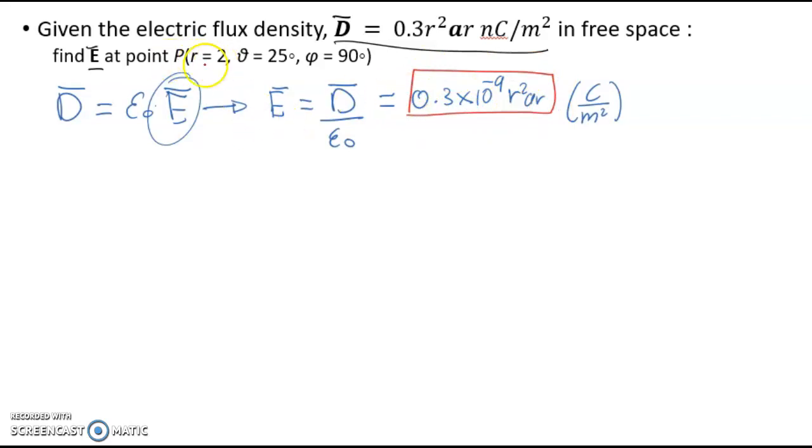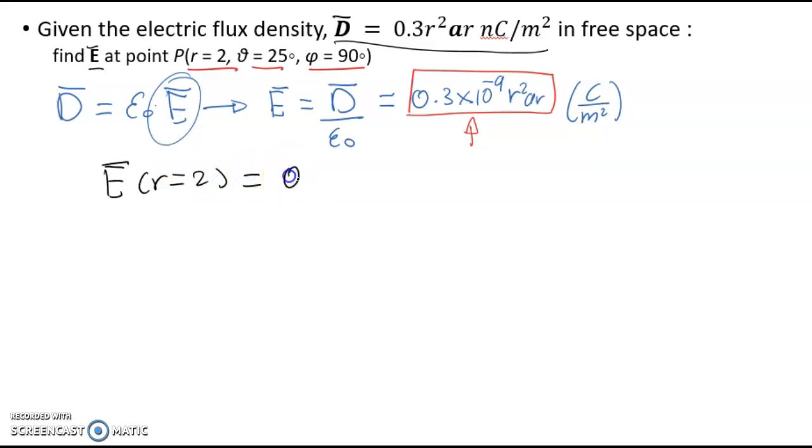We are being asked to analyze at one point. This point is composed by the spherical coordinates radius equals 2, theta equals 25, and phi equals 90. However, when we see the expression for electric field intensity, there is no theta, there is no phi. That means the electric field intensity will only depend on the radius. Keeping that in mind, the electric field intensity at a radius equal to 2,